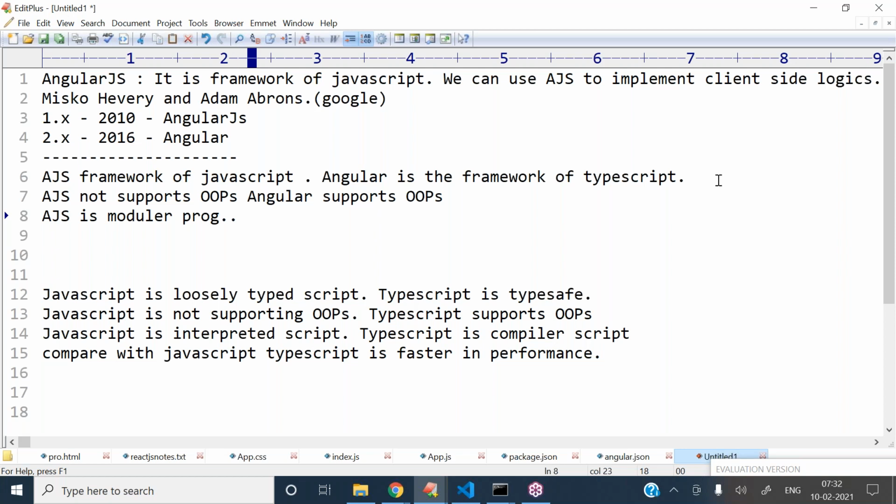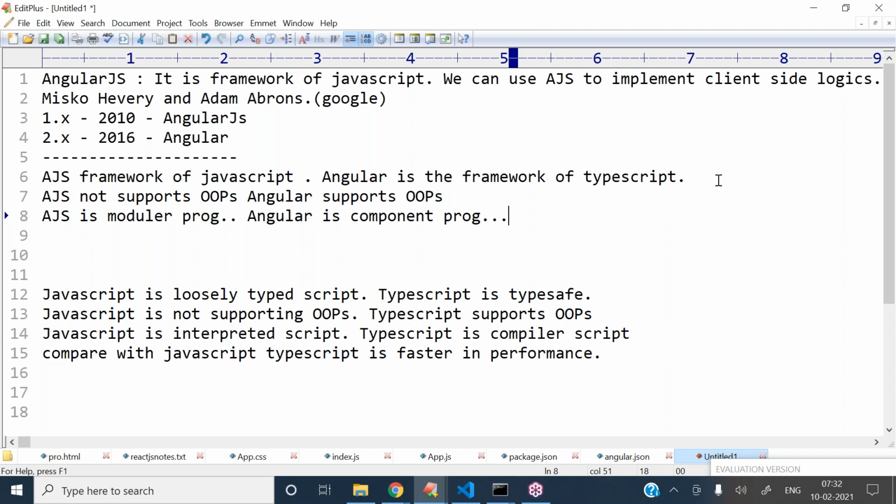And Angular is component programming. So if you observe here, AngularJS is modular programming, and Angular is component programming.